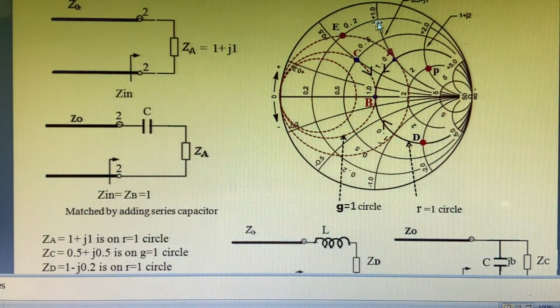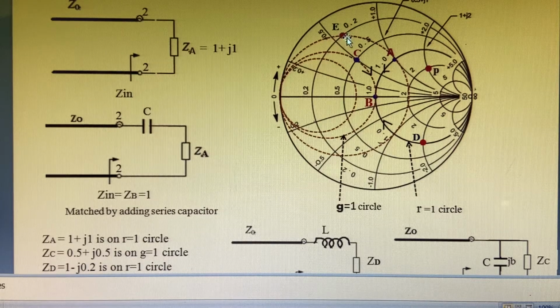If you move in the clockwise direction, we are not reaching the center of the Smith chart. Similarly, even if you move in this direction, we do not reach the center of the Smith chart. So that is not a solution. Similarly, even if we move on a conductance circle, this is not the G is equal to 1 circle, this is the G is equal to 2 circle. Even if you move over this in the clockwise direction, we do not reach the center of the Smith chart. This is not the B point, it is some other point, so we cannot move like this also. Similarly, even if you move this way, it is not a solution because we are not reaching the center of the Smith chart.